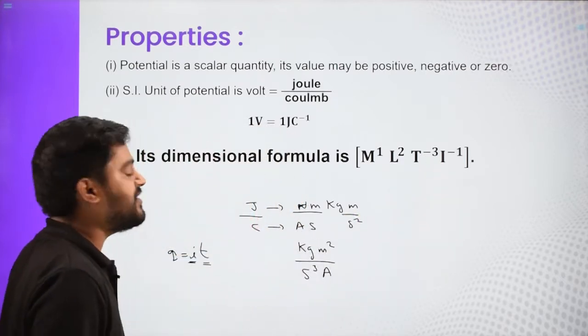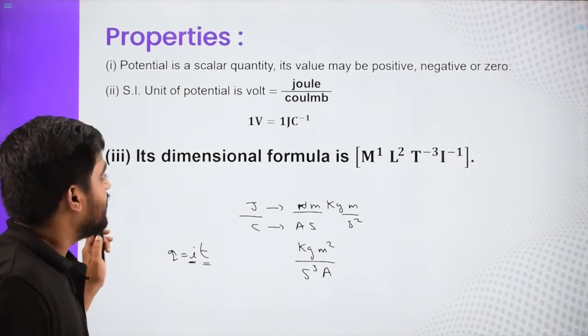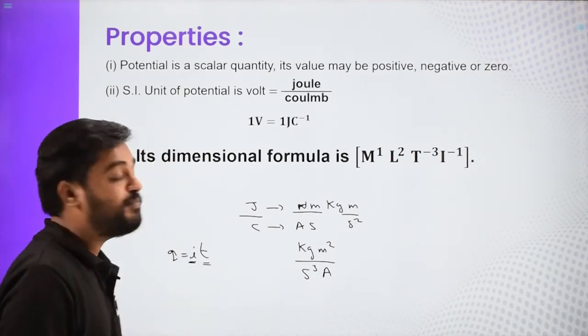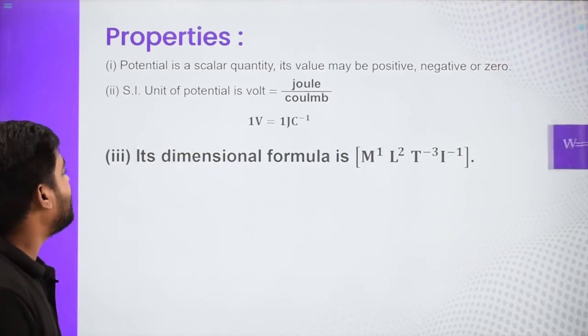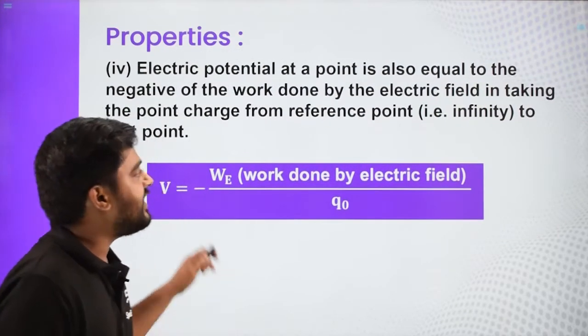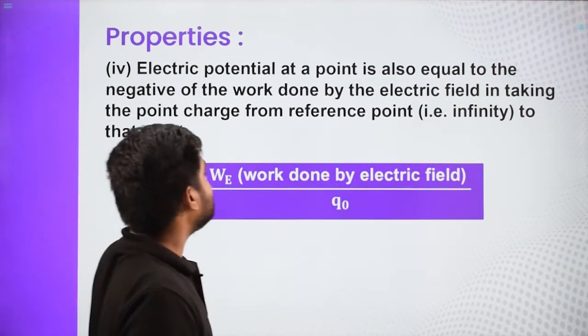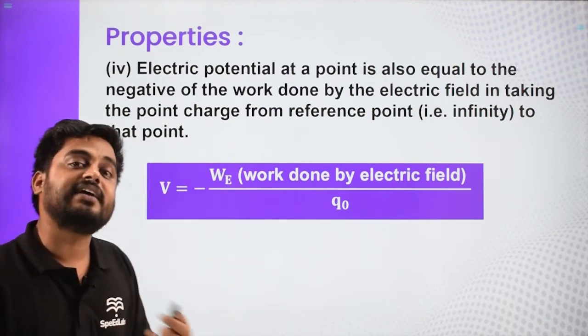So this is our dimensional formula for 1 volt, or we can say potential, the dimensional formula for potential. The next property is that electric potential at a point is also defined as the negative of the work done by the electric field,